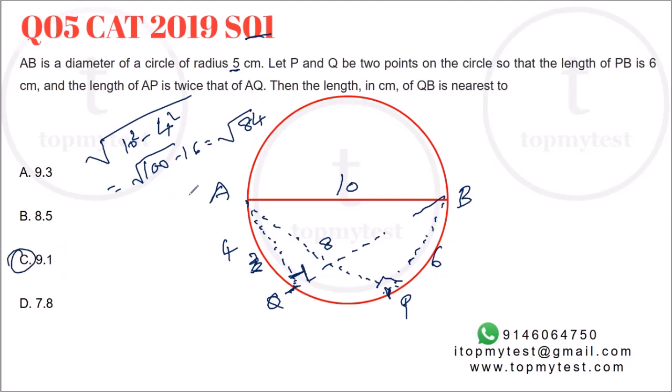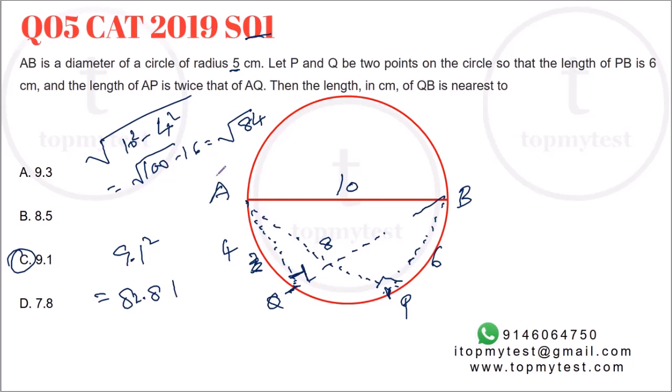Job done. You can choose between 91 square and 93 square. If you want to do it, 91 square will be 8281. So 84 will be closer to 91 than 93. You can also use a calculator for this, but you don't need to. Pretty straightforward. Under 2 minutes in an exam situation.